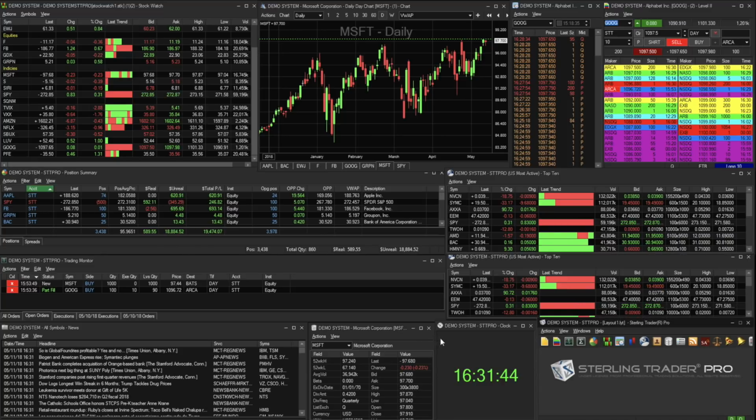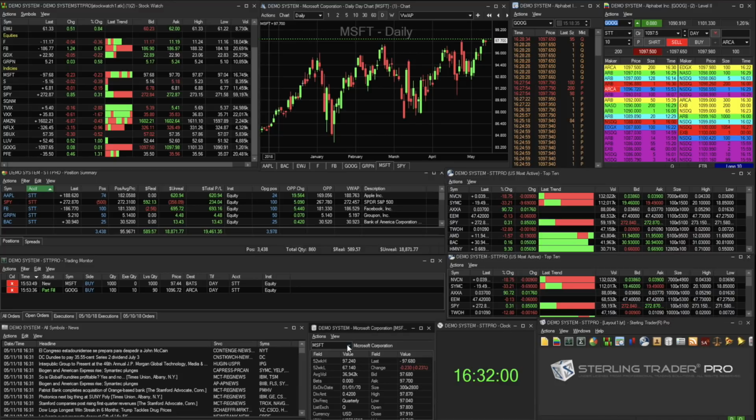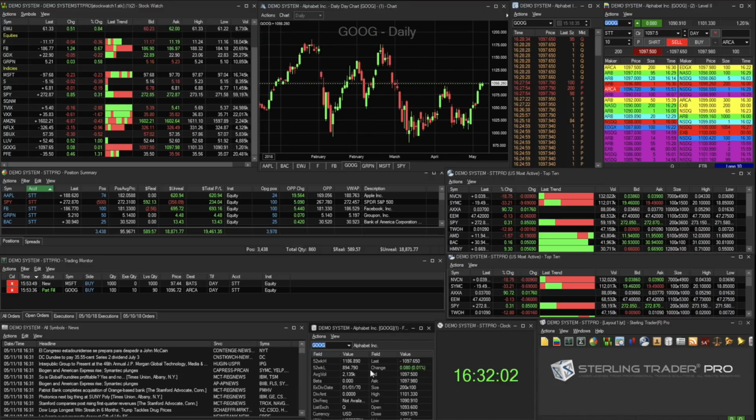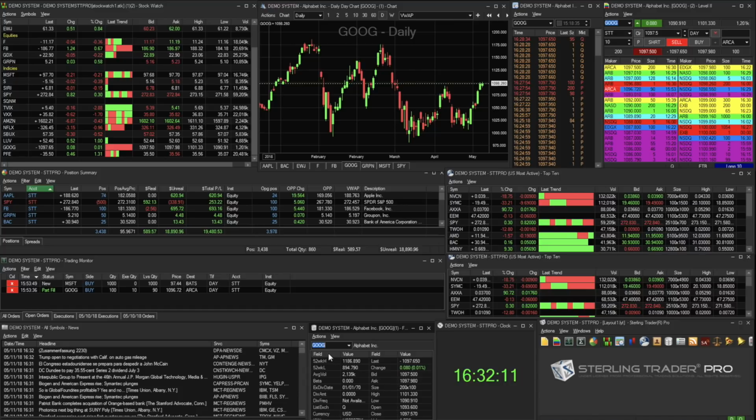To the bottom of our clock is the fundamental data window. Here, when you enter a symbol, right now Microsoft is being shown, you have key information available about the stock, such as average volume, etc. Here you can select different stocks. As you select a different stock, the different information will appear. And you can, of course, link this window as well if you would like it to change as you're changing